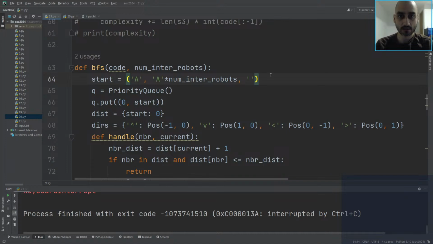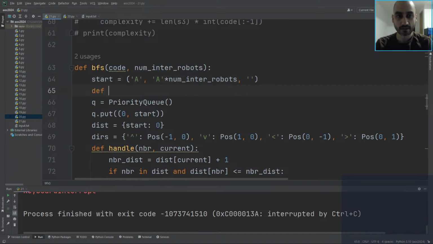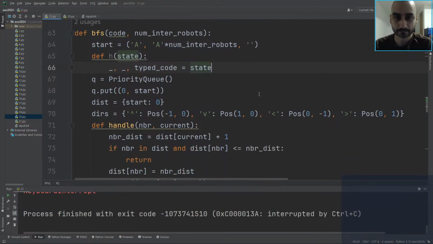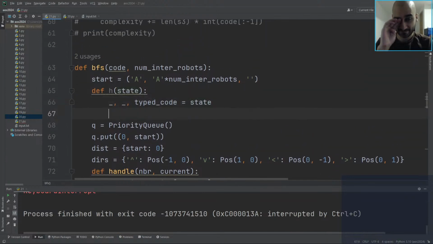Okay, so we say define the heuristic of a state, typed code equals state, return length of code minus length of typed code. That's how many characters we have left. So we want